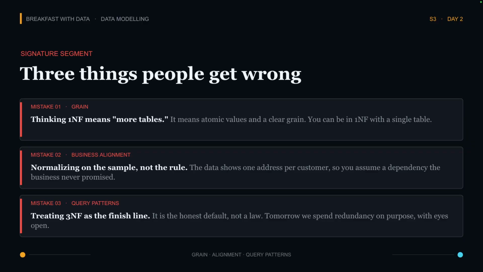And how do you test uniqueness? Primary key. All right. But primary key doesn't just mean one column. It can be a group of columns together, right? Bringing columns together. Then 1NF, you can achieve with one single table. You don't need to break things down into other tables. Mistake number 2,